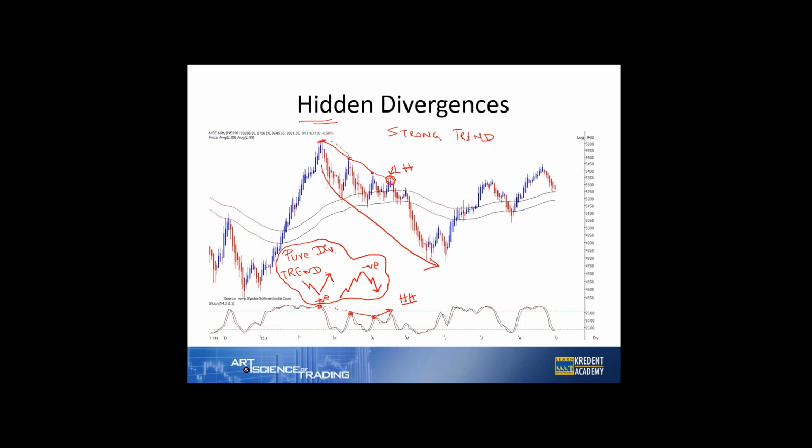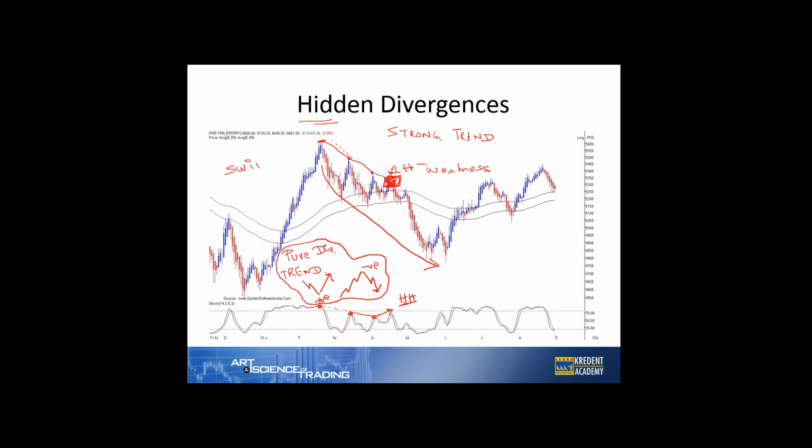Bang. This is the zone where the market screams at you. It tells you that we are in a downtrend. Market is continuing making a lower high. Lower high means weakness. But the momentum in that last one has gone up. It's a higher high. This is the zone where one should look to short. This is a hidden divergence. A hidden divergence, unlike a pure divergence which reverses the underlying trend, it helps you to do a swing trend.